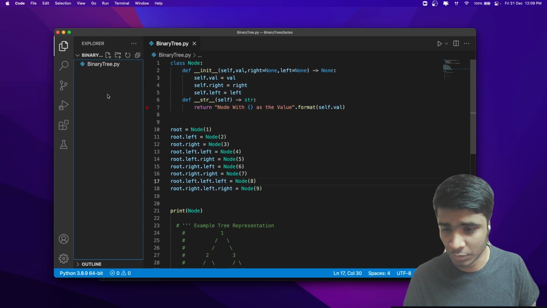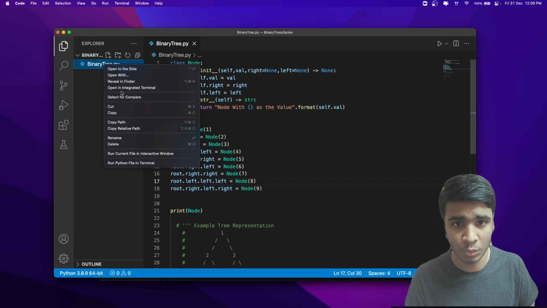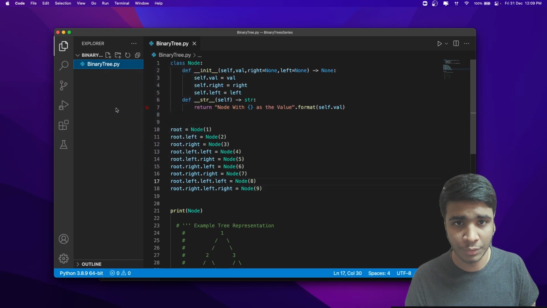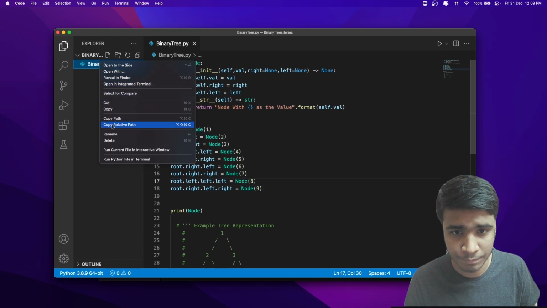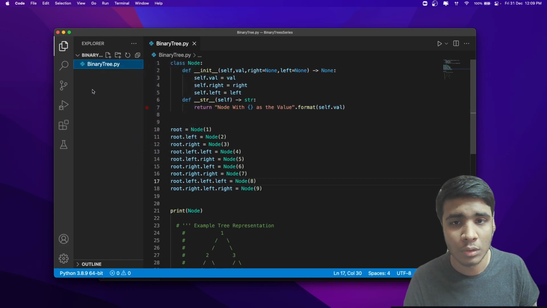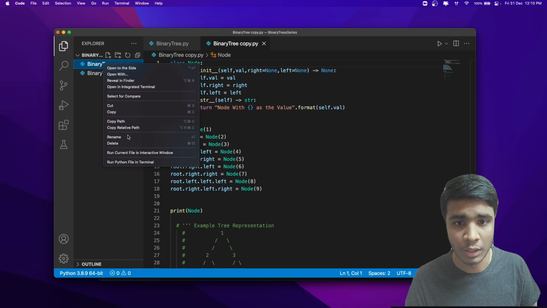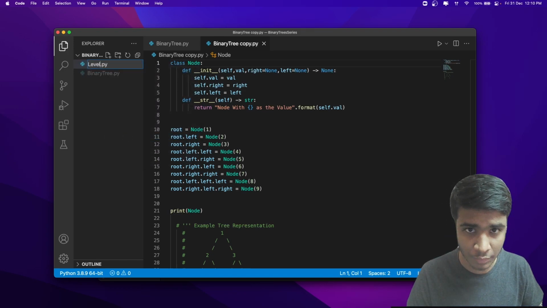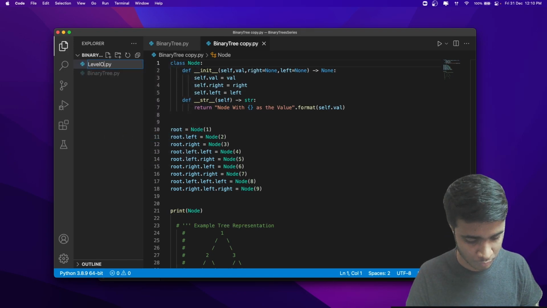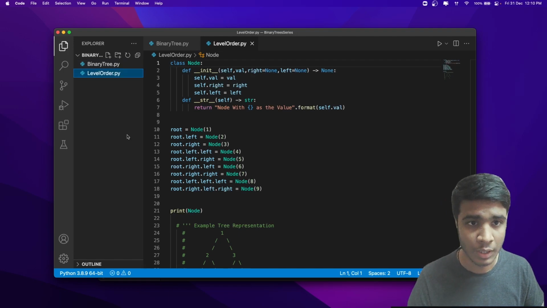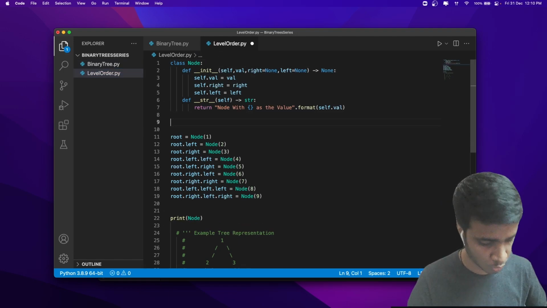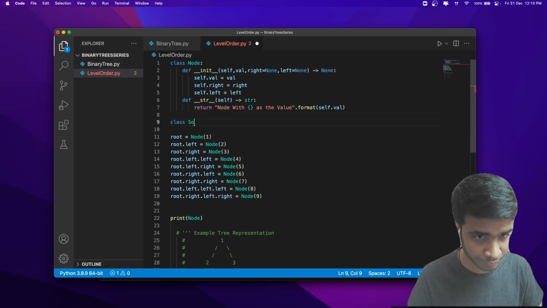Okay, so let's code the level order traversal here. I would create a new copy with this. I'll rename it as level order traversal.